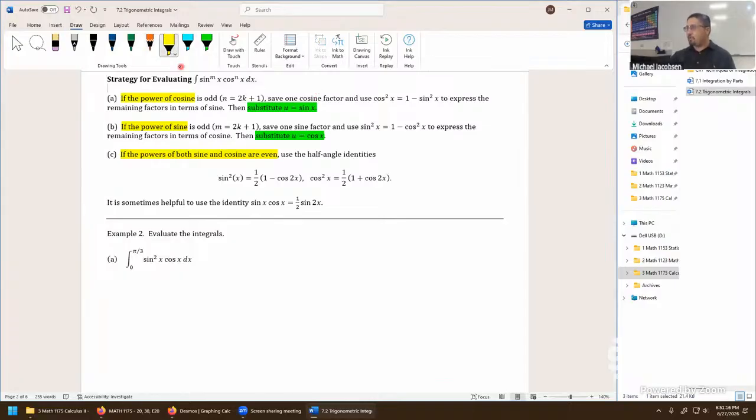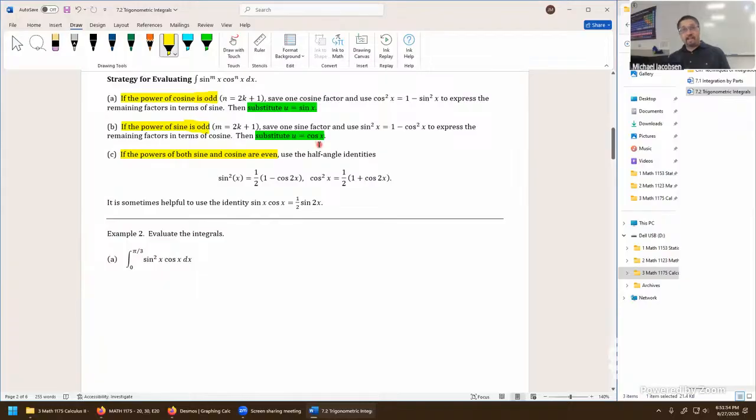So here's the strategy. If the power of cosine is odd, I think that should be in yellow as well. Odd just means 2k plus 1. We're actually going to come back to that in chapter 1, but that's just the generic form of an odd number. Add 1 to something that's been doubled, therefore even, and that's your formula for odd. So if you spot an odd power of cosine, even just cosine, that's power 1 for odd, that's going to be a U substitution which will work: sine x. If the power of sine is the one that's odd,